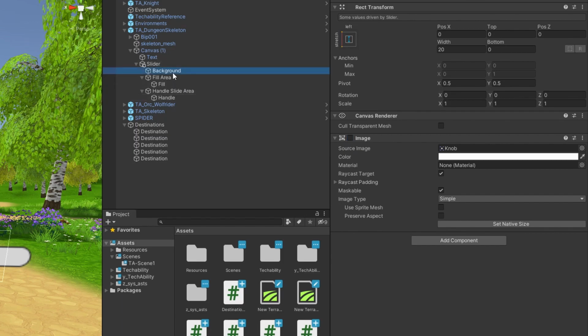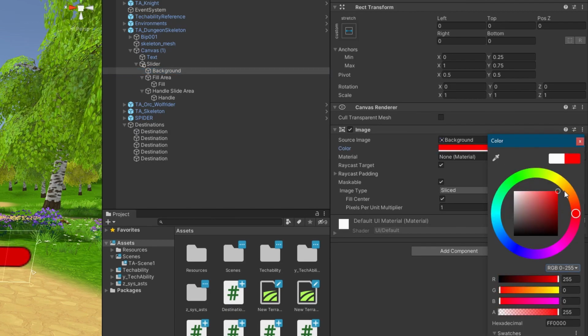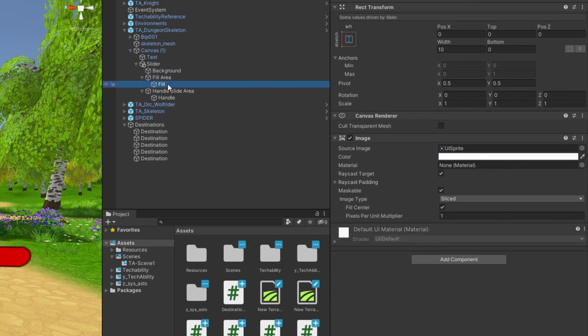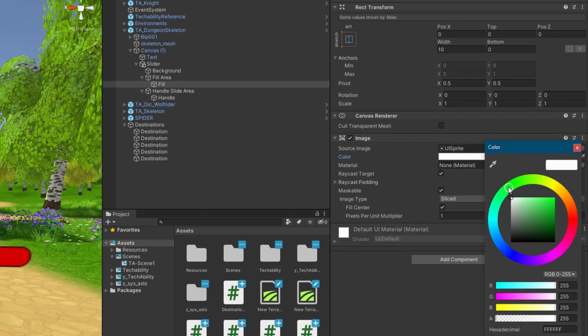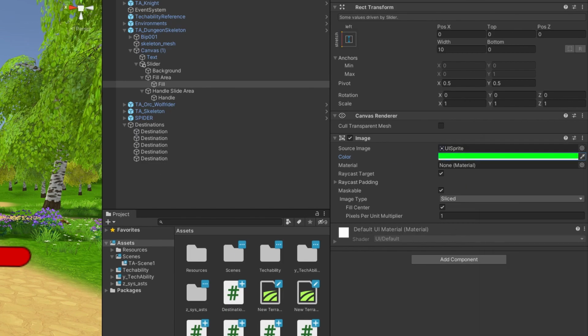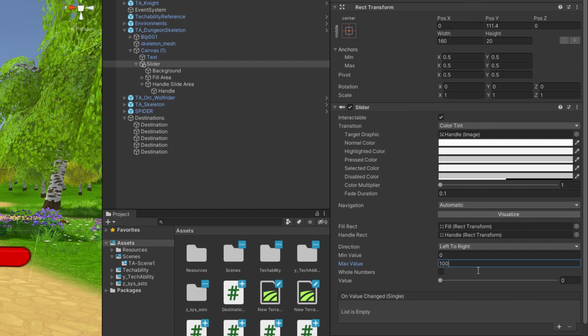Next, what we want to do in our background is set this to red. So that's going to tell us that much HP is missing. And then in our fill area here, you're going to expand that and select fill, and you're going to set that to green. That's going to give us an idea of how much health they have out of their total health here. Finally, what you want to do is set in the slider component of the slider game object, you want to go ahead and set that max value to 100 or whatever you happen to have set the enemy's